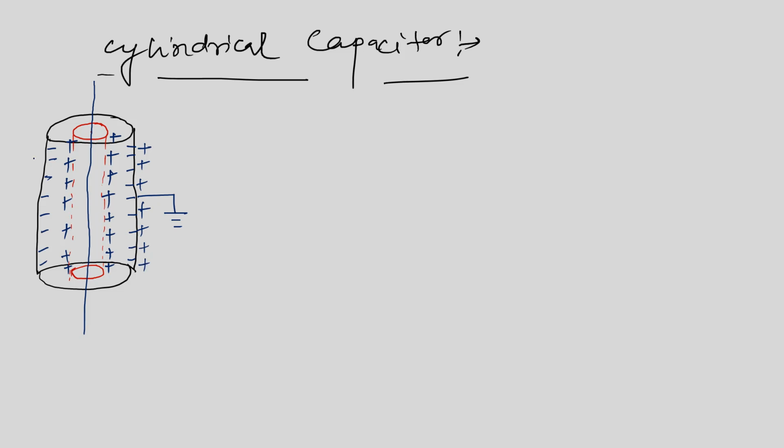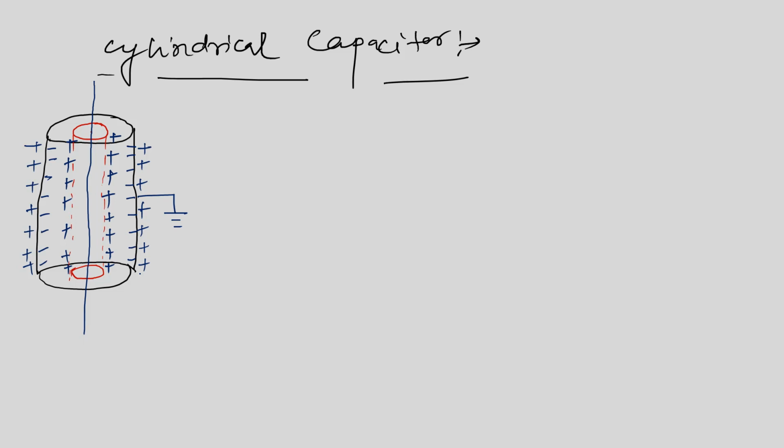What is the reason? I have already told you that opposite charged particles attract each other. So whenever I have given the positive charge to the inner cylinder, it is trying to attract the electrons present in the inner surface of the outer cylinder. So that's why the inner surface is negatively charged, because it is attracted by the positive charges of the inner cylinder, and the same charges are being repelled. So that's why in the outer surface of the outer cylinder, the positive charges are present.